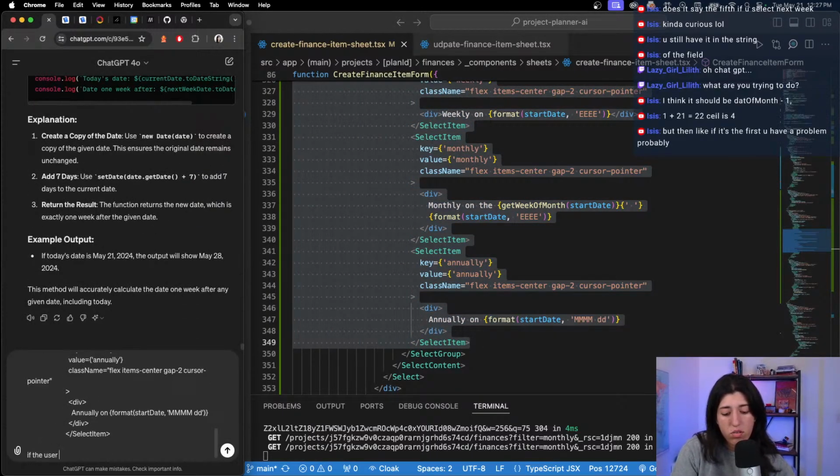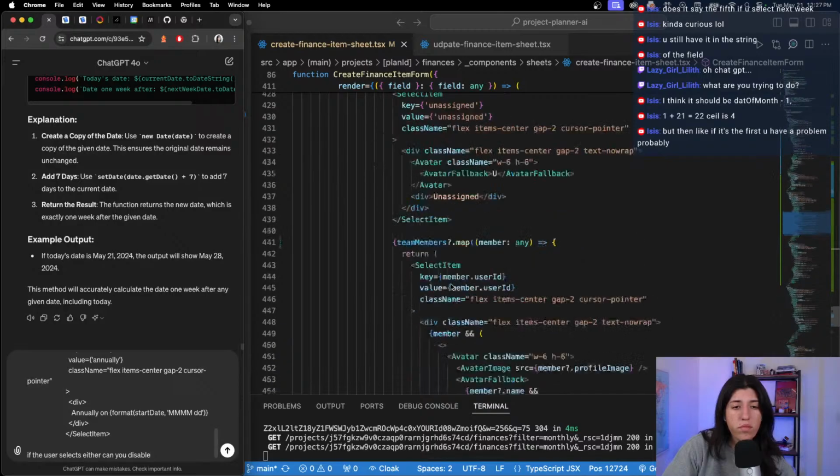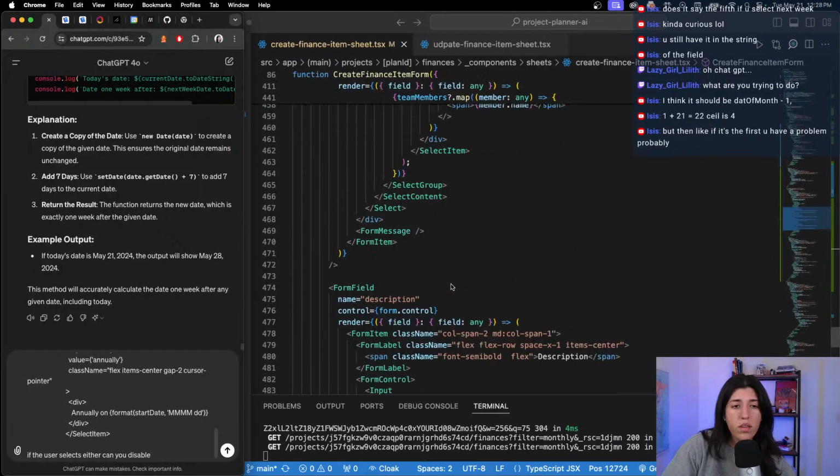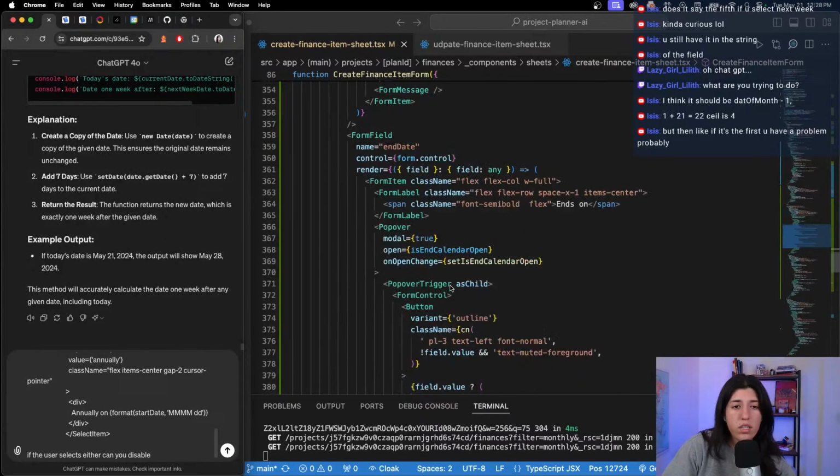If the user selects either, can you disable the dates on